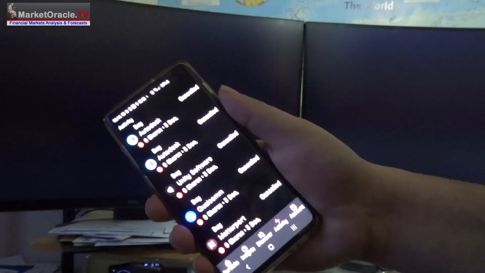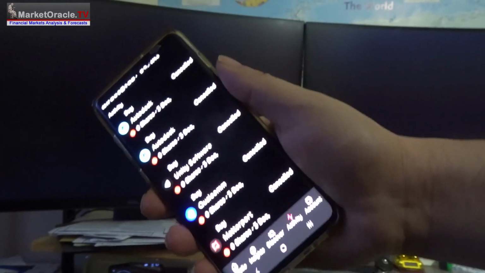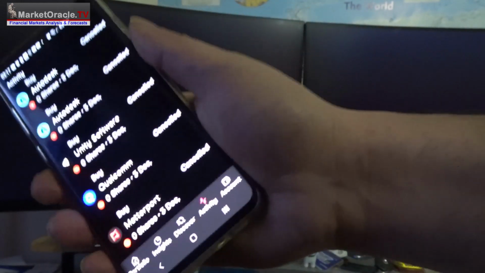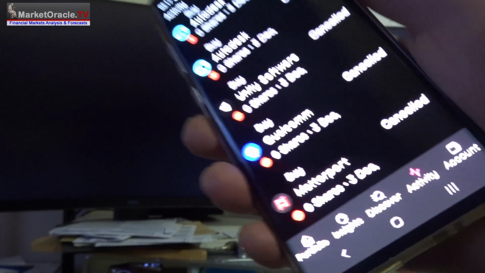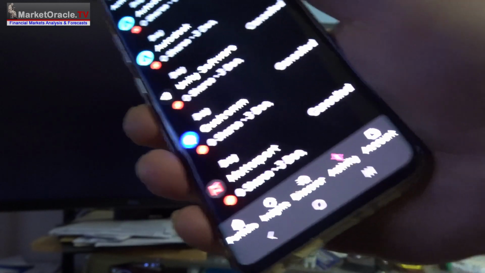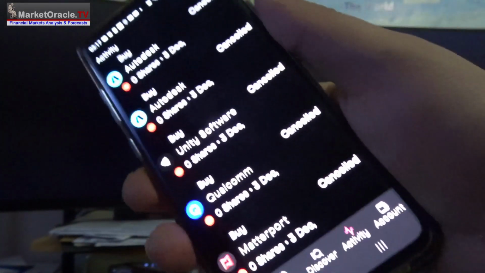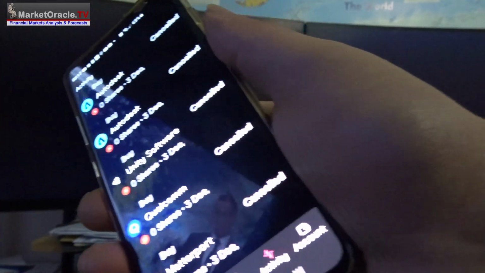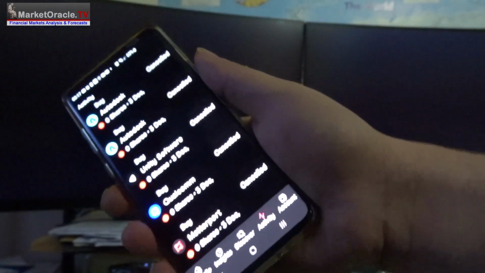With AJ Bell it's 1%, but there are ways around it by buying US stocks listed on the London Stock Exchange, such as Alphabet and Apple. I'm not sure you can for Amazon, but Microsoft you can. Intel I know you can. Facebook you can. So there are ways around that 1% fee with AJ Bell, which I use for the pension. That's probably my largest single place where I've got funds.